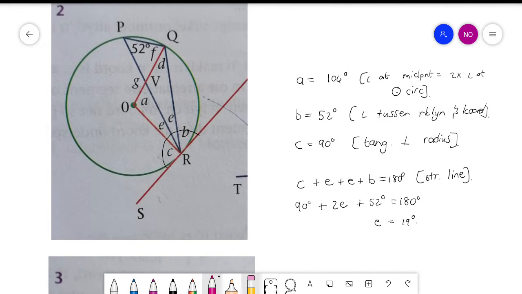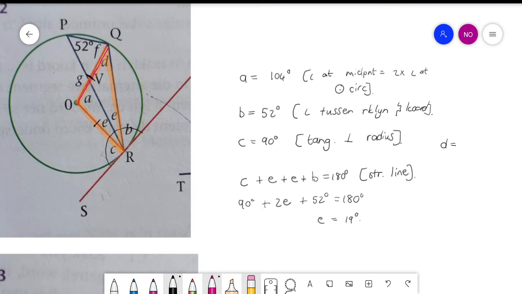Now if we look at this triangle, what type of a triangle will that be? You're right. What do we call OQ and OR? What are they called? Radius. Do you guys see? So omdat hierdie radius is en hierdie radius is, beteken dit gaan altyd 'n gelykbenige driehoek vorm. Always an isosceles triangle. So in other words, the angle D will be equal to 19 times 2, right? Because there's two of them in there. So it's equal to 38 degrees, and your reason will be